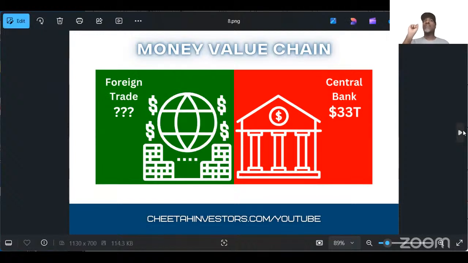So here is the part that we don't know. Here's the part that they don't tell us. We don't know the foreign trade tax. They never tell us. So although we're getting this $5 trillion of taxation from all the 360 million entities, we don't know how much they're taxing the foreign products coming in or the foreign governments coming in. That is the unknown factor. And I believe that foreign trade taxation is making up for the deficit.